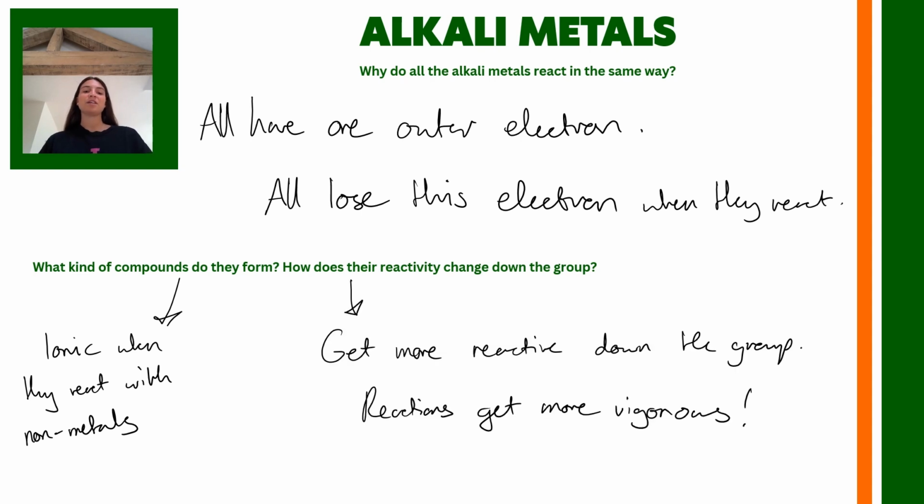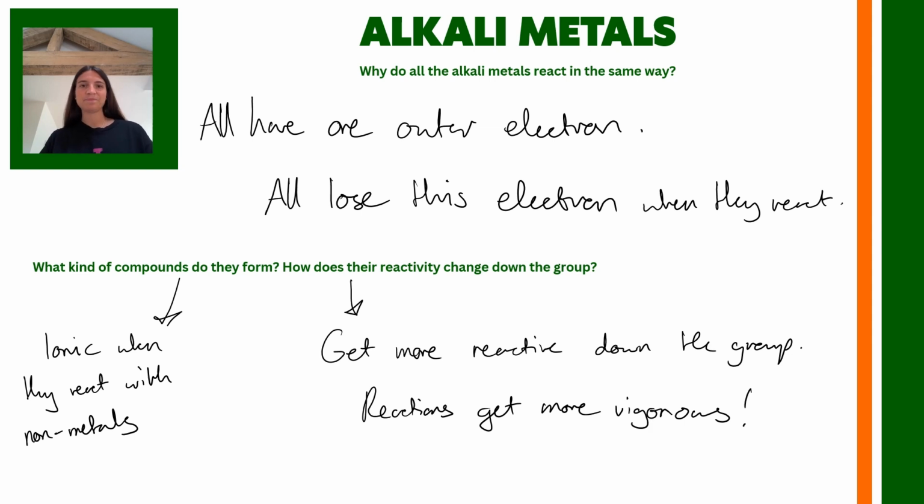How does their reactivity change down the group? It gets more reactive the further down the group you go, and those reactions get more and more vigorous. As a very brief explanation as to why, as you go further and further down the group, the atoms get larger, so the outer electrons get further and further away from the nucleus. And that's important because the nucleus is positively charged and your electrons are negatively charged, so those two things are attracted to each other. So the further away the outer electron is from that nucleus,